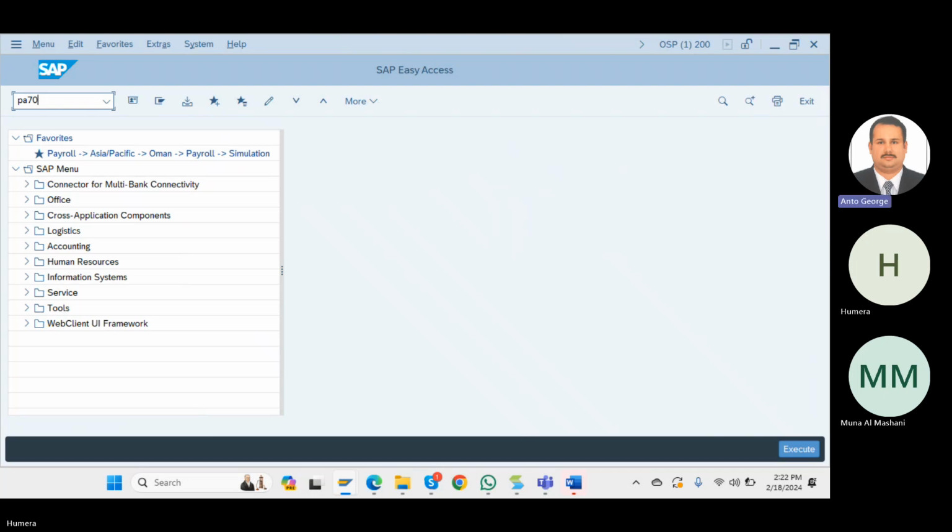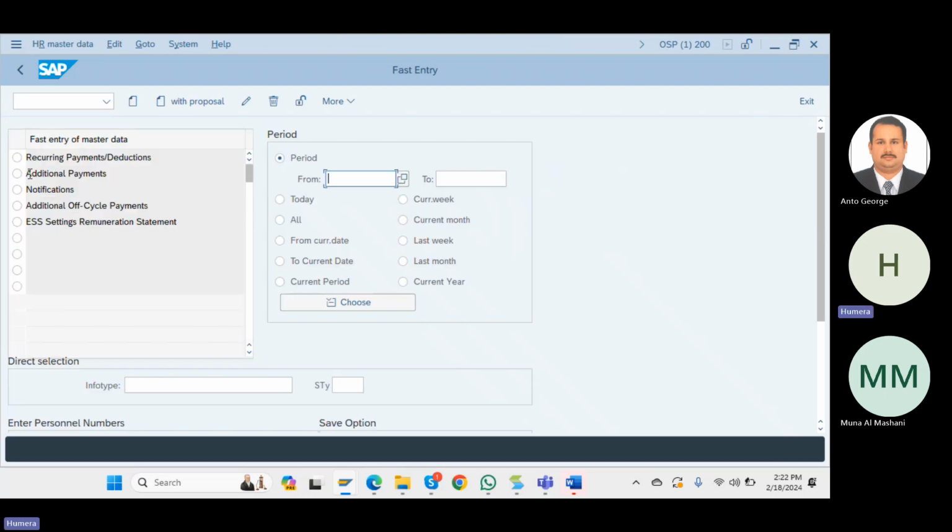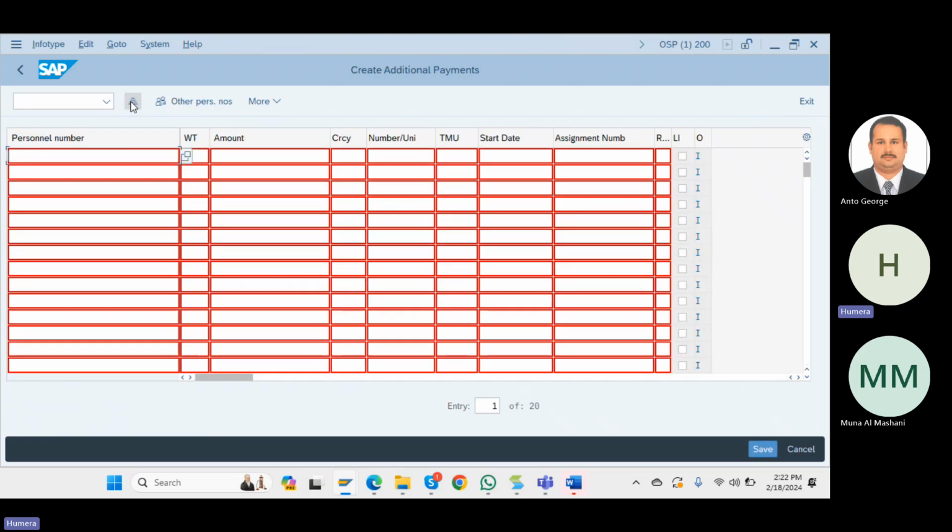Okay, Umar, continue. We have another T-code here, PA70. Go to PA70. Here you can see you have additional payments, recurring payments, deductions. Here you can select additional payments and just create, and you'll get a screen like this. For example, we are giving